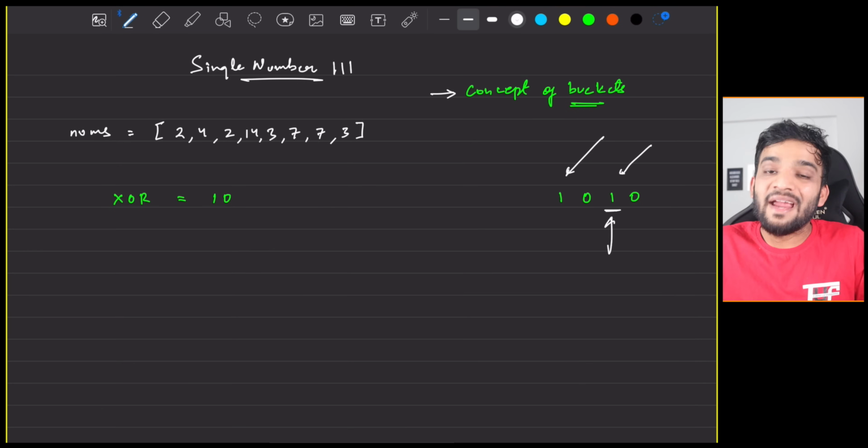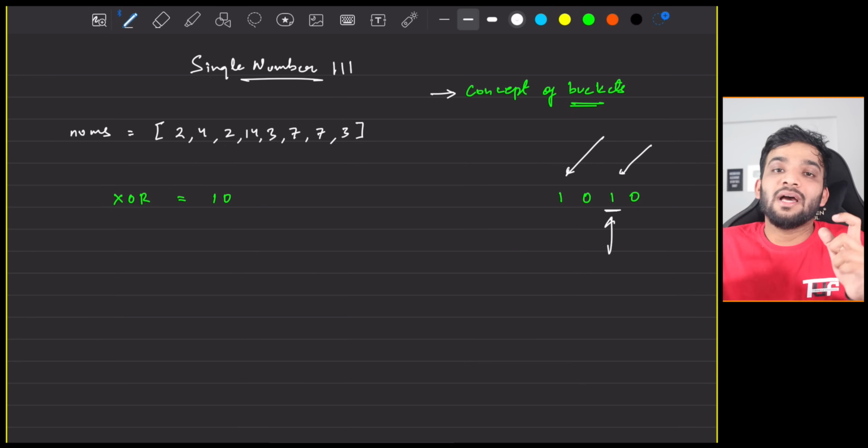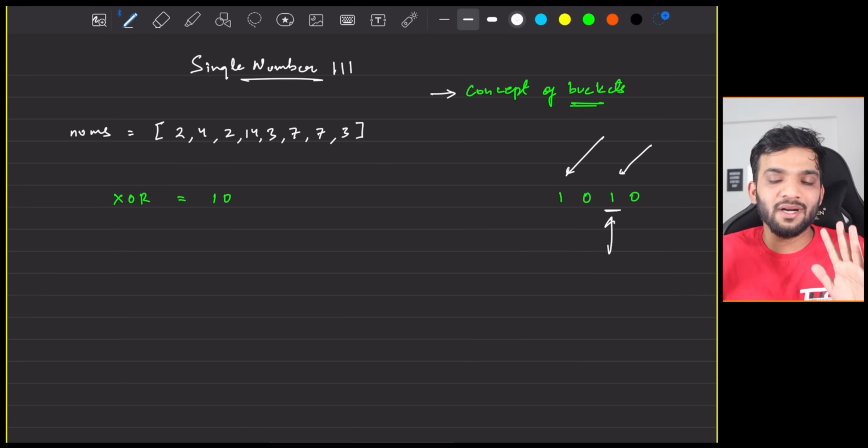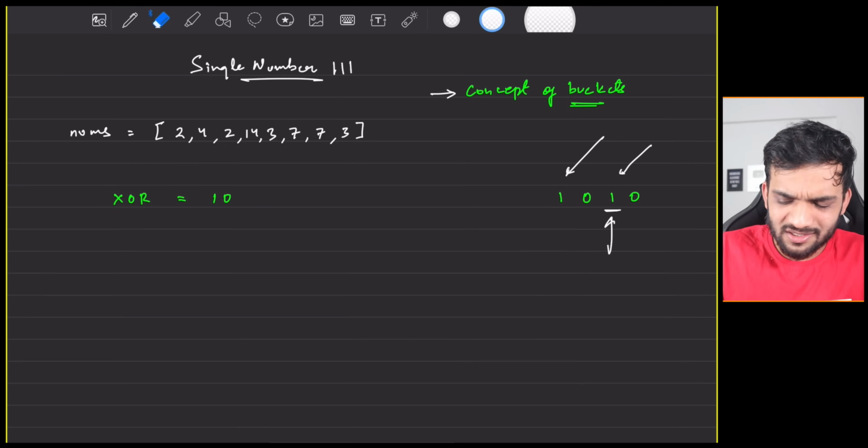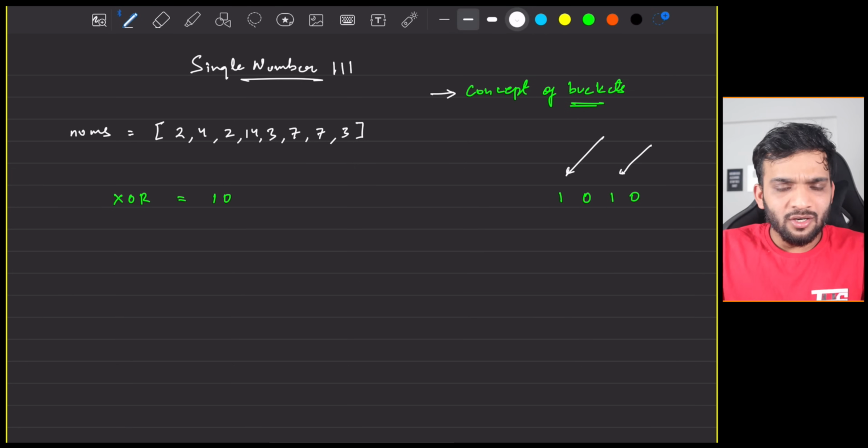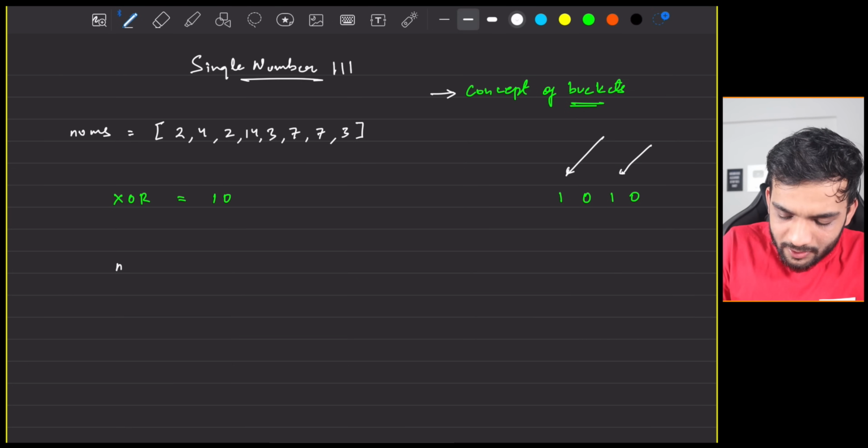So I'll be taking the rightmost set bit. How can I do it? Again, it's very, very simple. Do you remember one thing? I told you if the binary is something like